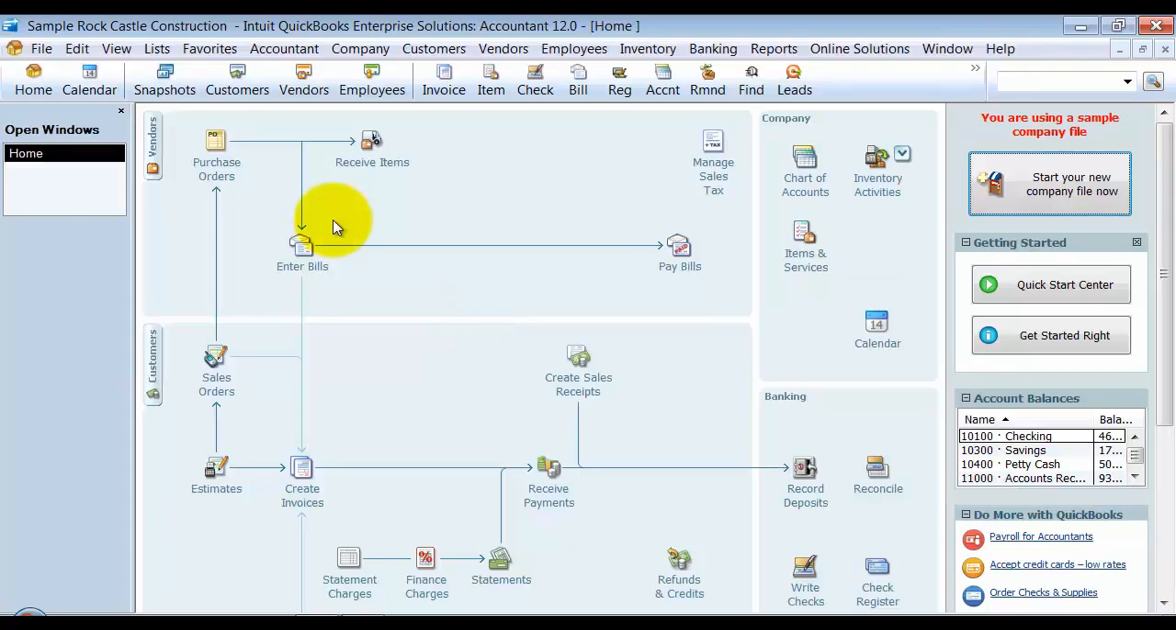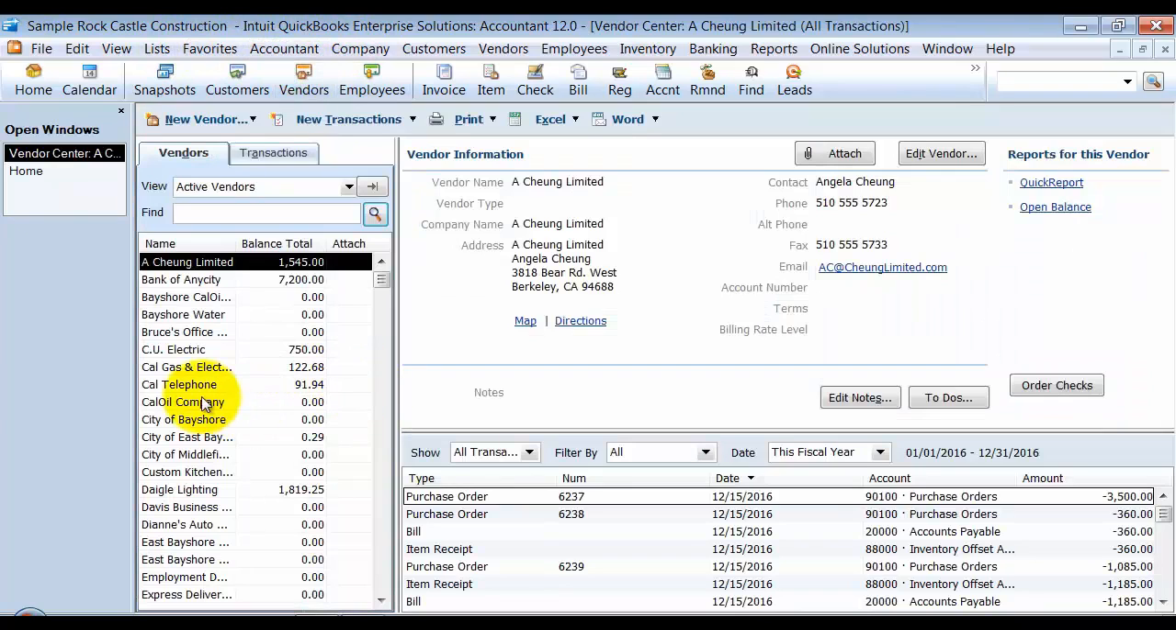Okay, in this video, we're going to go over the way to mass clean up 1099s in your vendors. Okay, so a lot of times we have started our file, we've worked in it for a little while, and